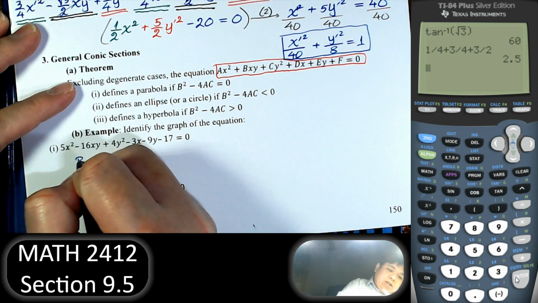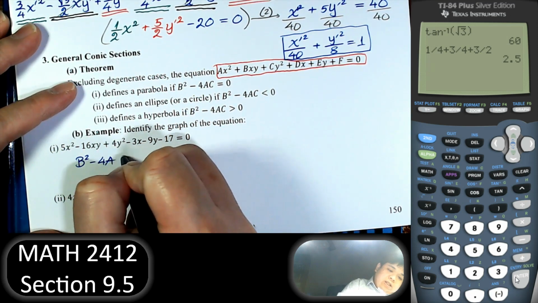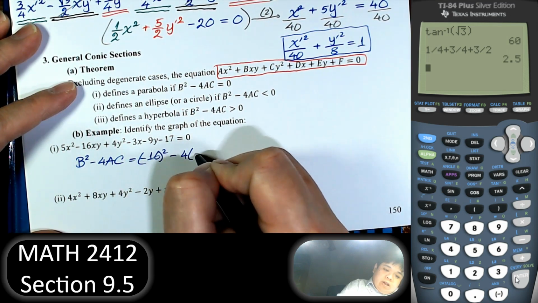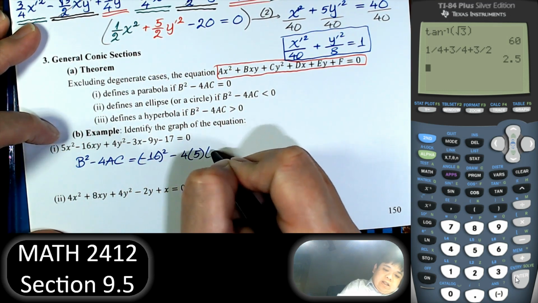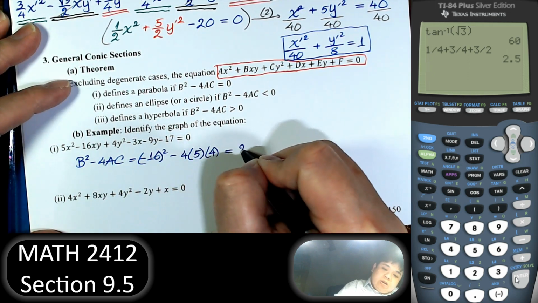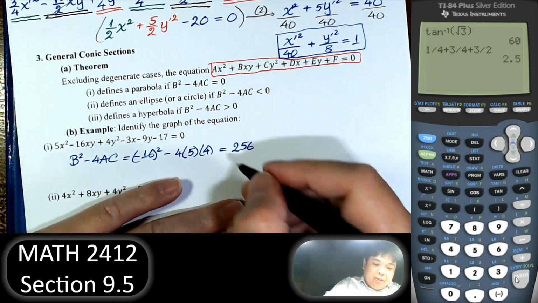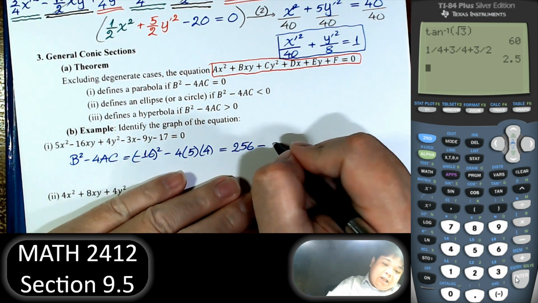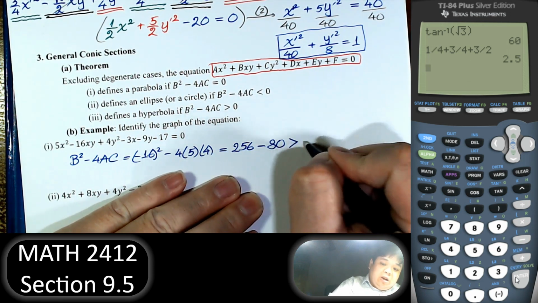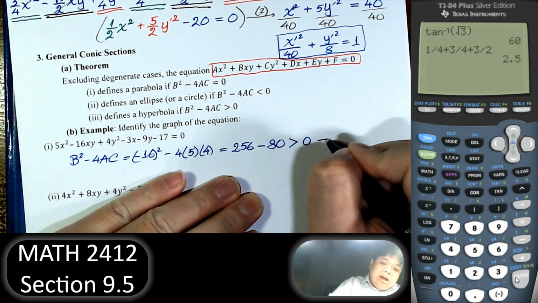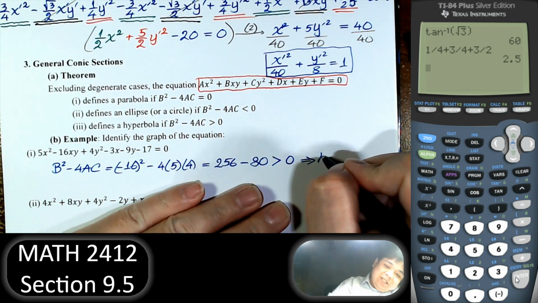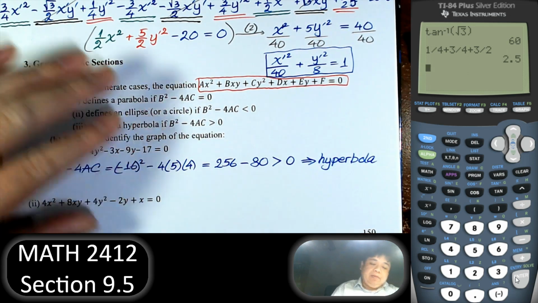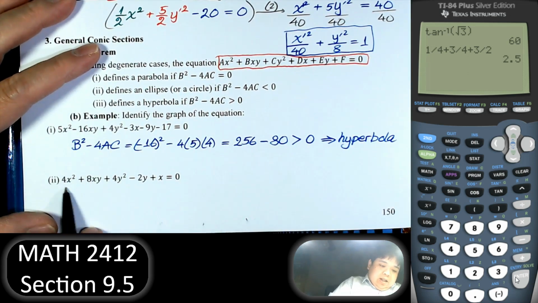So on this one, b squared minus 4ac, negative 16 squared minus 4ac. 16 squared is 256 minus 4 times 5, 20 times 4 is 80. Doesn't matter what it is, it is greater than 0, right? So it's going to be hyper, because it's more than 0, hyperbola. Right, this one,